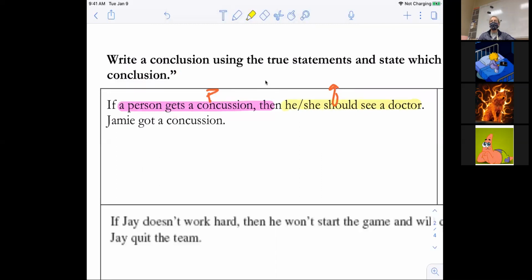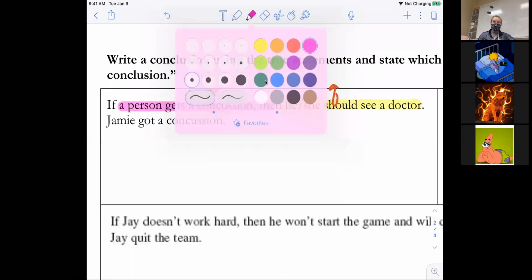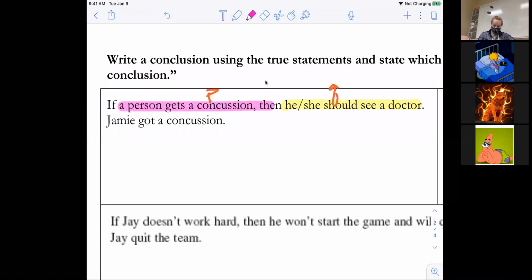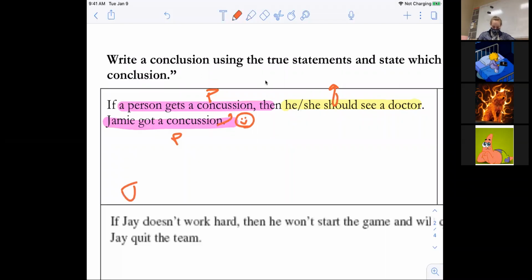Does that match P or does that match Q? P, good. It matches P, so I'm happy. I'm going to make a conclusion. My conclusion is Jamie should see a doctor. And I use the law of detachment to find that.